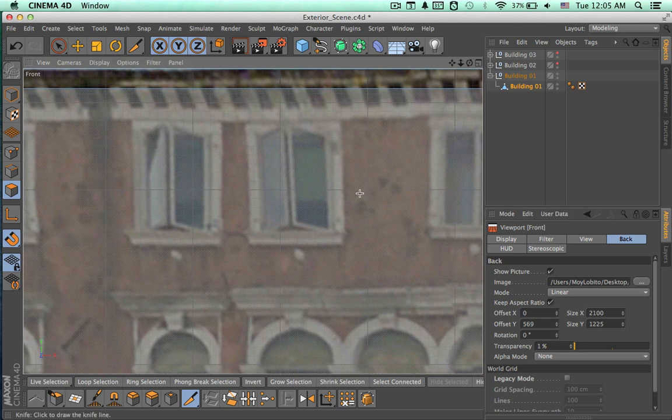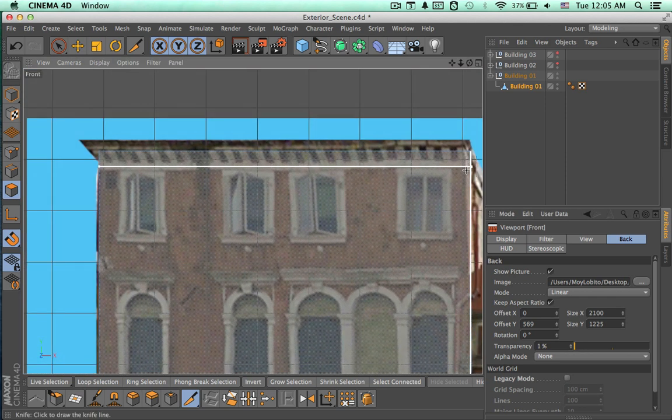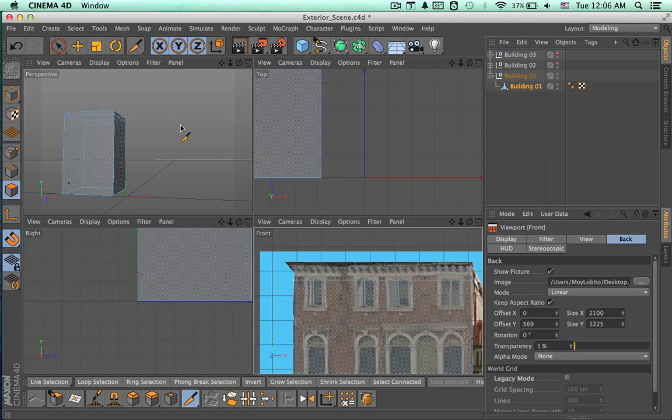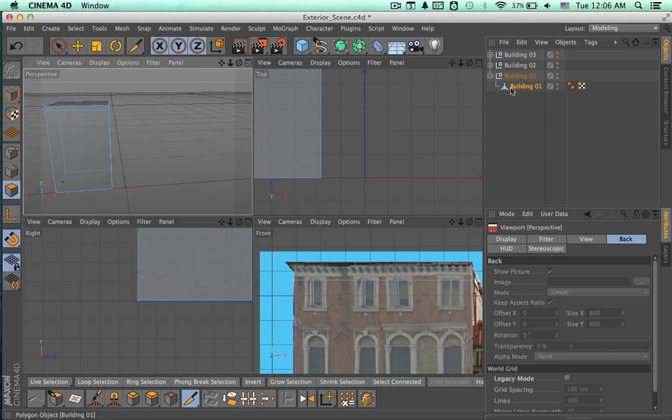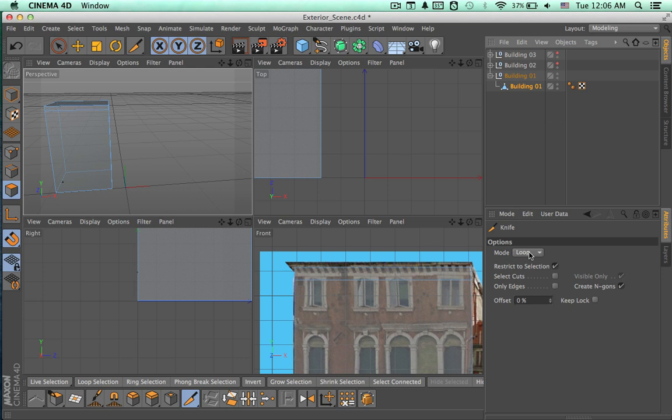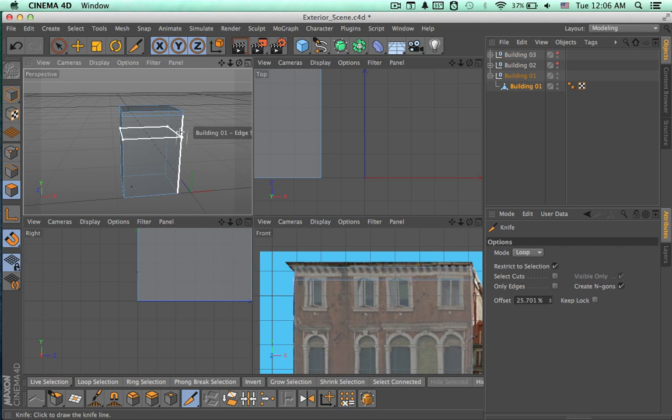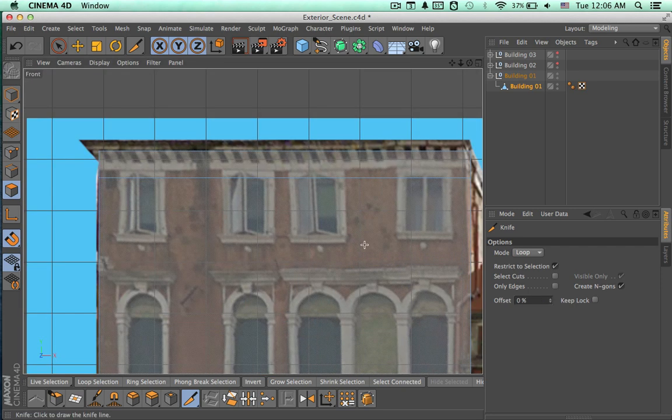Okay, so now with the knife, we're going to select where it is that we want to make all these cuts to have some space for the doors and the windows. Something like that. Just make sure that we can go to the perspective mode and remember that we have to set the mode to loop on this knife tool. So whenever we make a cut, it's going to cut all around the object,